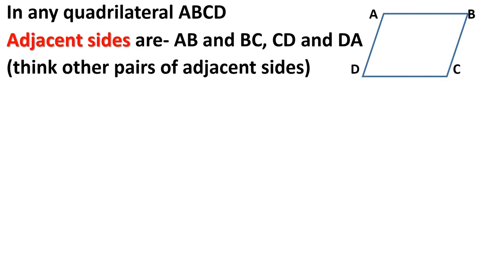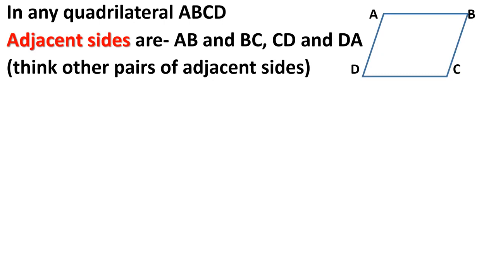Okay, here I have written AB is adjacent to BC. AB and BC are adjacent. You can write down AB is adjacent to AD also. When we are writing AB is adjacent to AD, then vertex A is common. So we want one vertex common. So either you can write down AB and BC, this pair is adjacent, or you can write down AB and DC, this pair can also be adjacent.